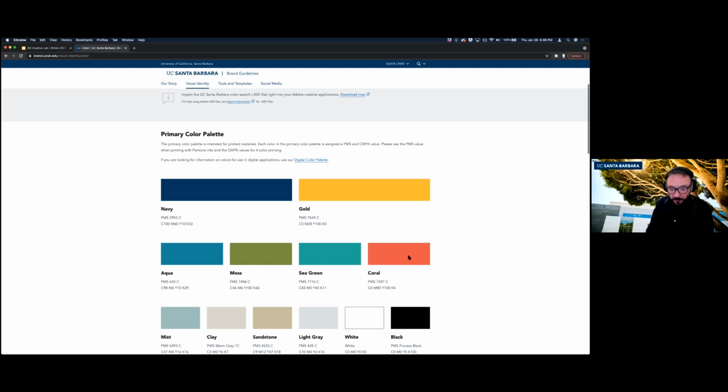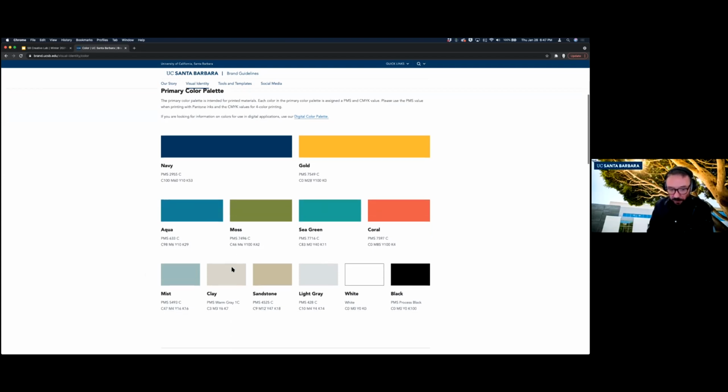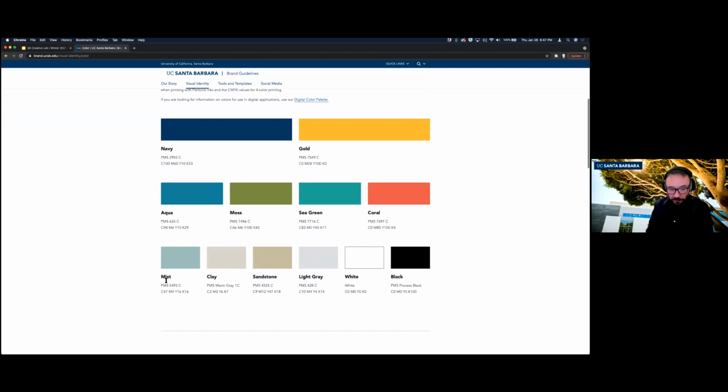The coral, this is an interesting color that was asked for actually by a faculty member that said, we need something like a sunset in there. And so we all decided that we would add something that was not quite sunsetty, but coral, and also alluded to the ocean. And by the way, these have names also for a reason, to sort of evoke where they were plucked from. We have those misty days on campus. We all know where that color comes from. Clay and sandstone are these versions of sand that we see on our favorite beaches. And every toolkit needs to have some version of gray and black and white, obviously.